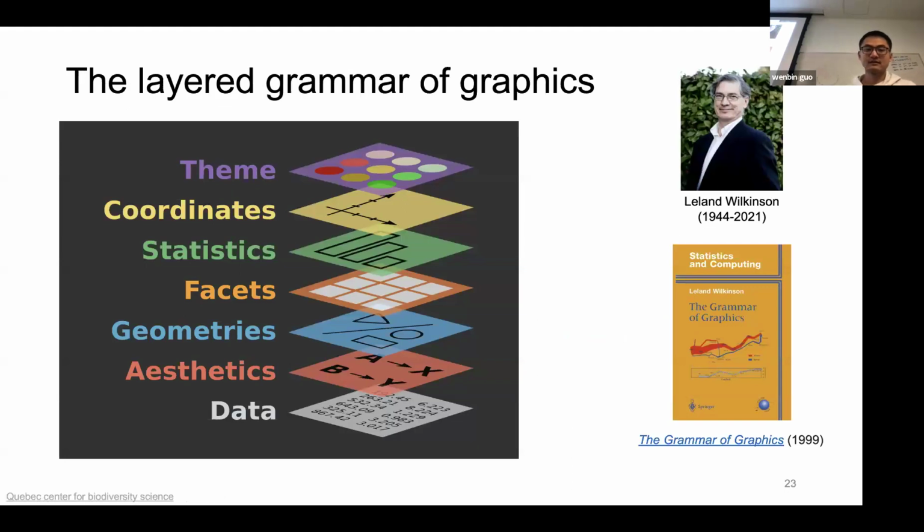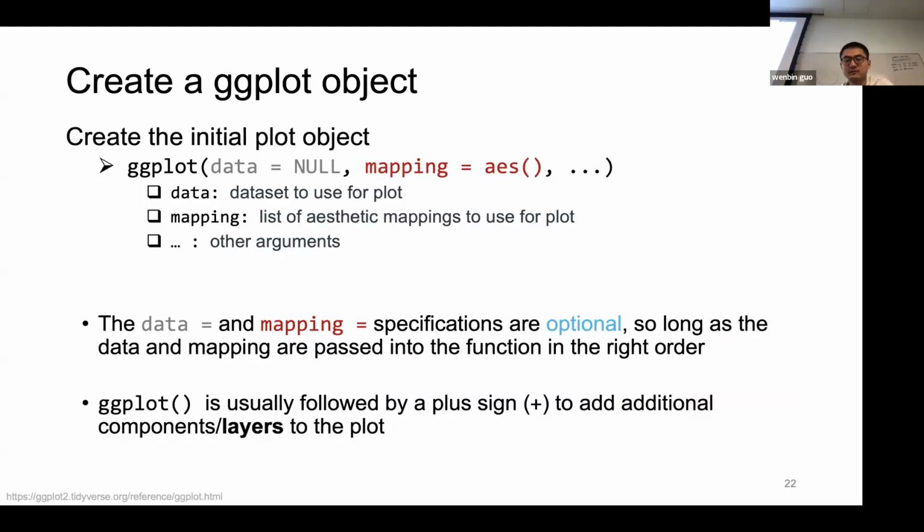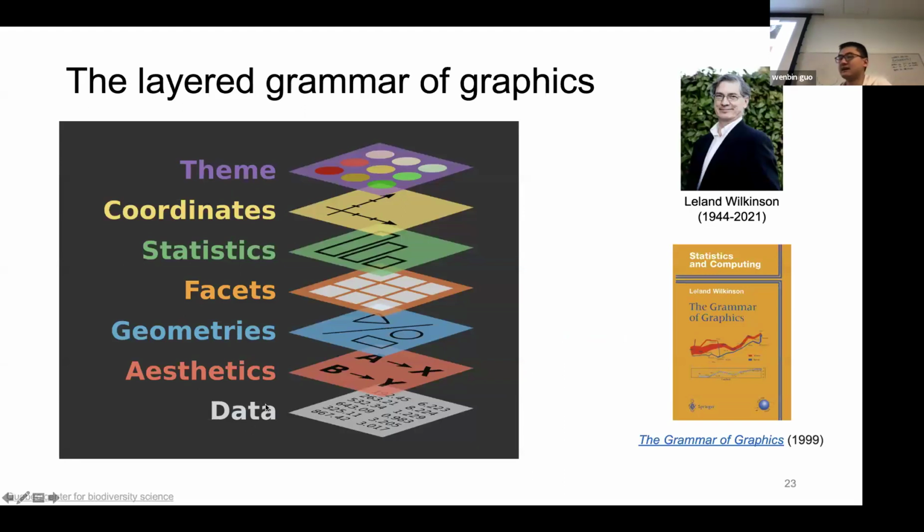So this ggplot, as we saw here, has the data, the mapping, and also the layers. Actually, this idea originated from the grammar of graphics, developed by a talented computer scientist, Leland Wilkinson. In his 1999 book, he proposed a layered grammar of